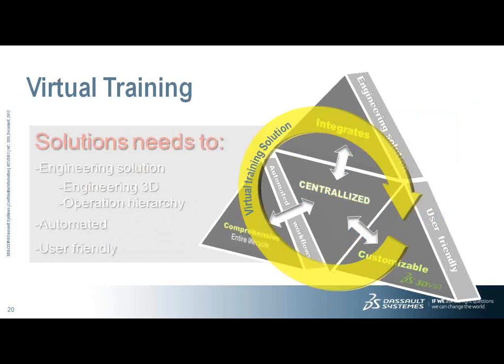So just to summarize what a solution needs to look like, and the triangles, everybody has a version of a triangle. This triangle has a lot of tags on it, much like the facility. It needs to know that it's an engineering solution. So having a cartoon of the facility is not sufficient. It needs to be a representation. So bringing in the CAD and leveraging the actual CAD is probably a requirement, unless you're wanting to rebuild it or using laser scan or something, but using engineering data.